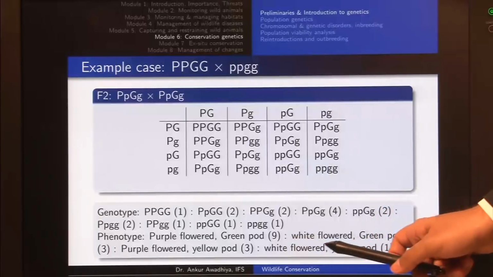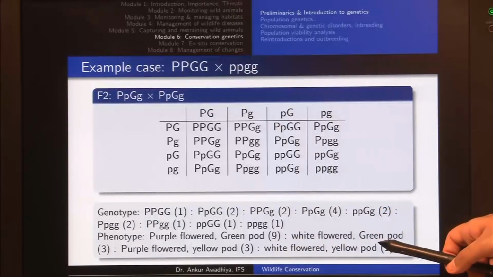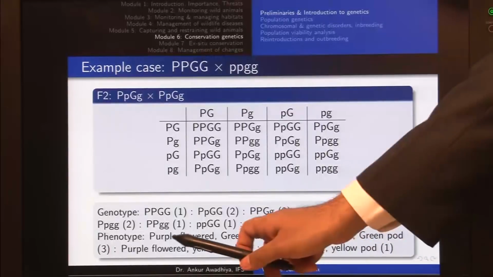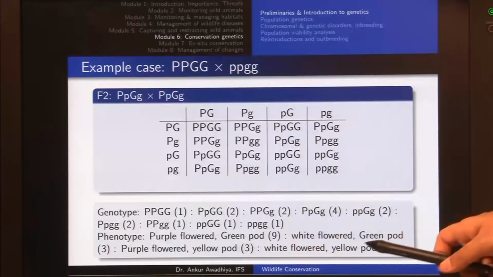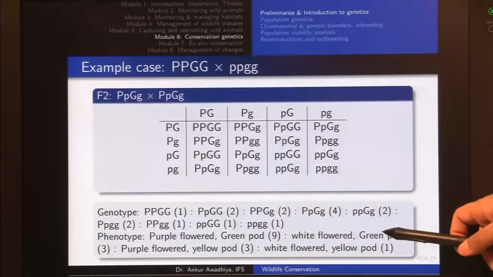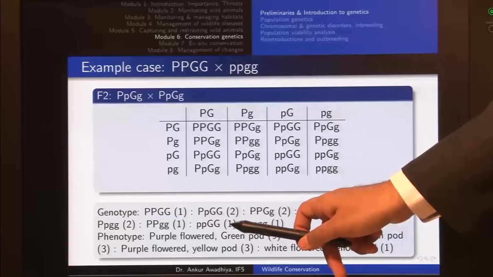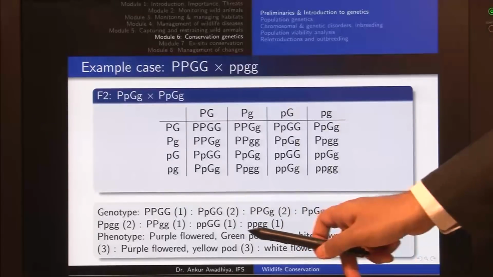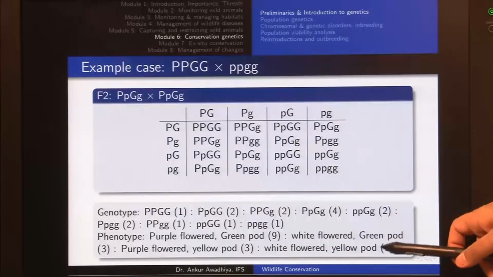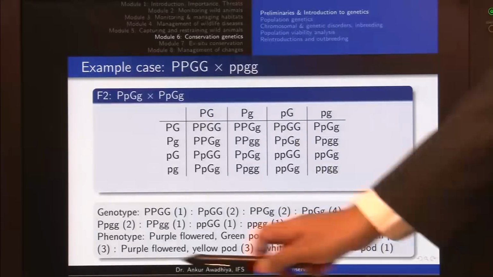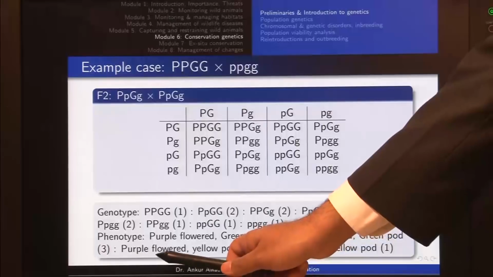Now the ones with white flowers and green pod, now white flowers will be given by small p, so this is small p, and this is small p, and this is small p. But when we say green pod, it should have a capital G. So this has a capital G and this has a capital G. This does not have a capital G. So 1 plus 2 is 3. So there are 3 individuals that have white flowers and green pods,